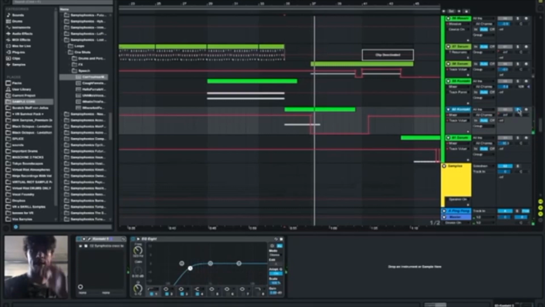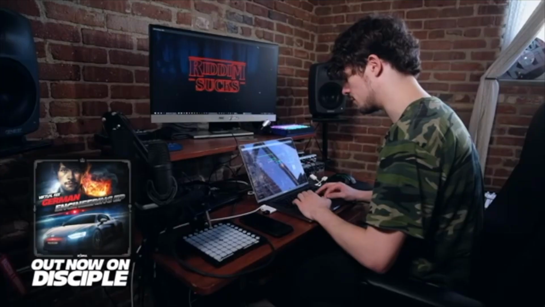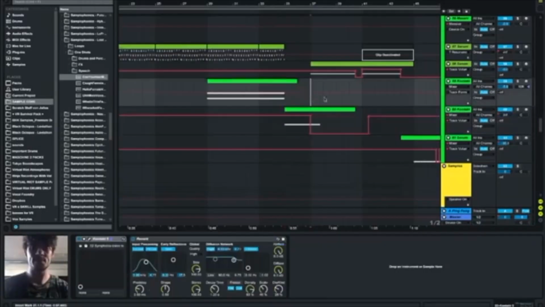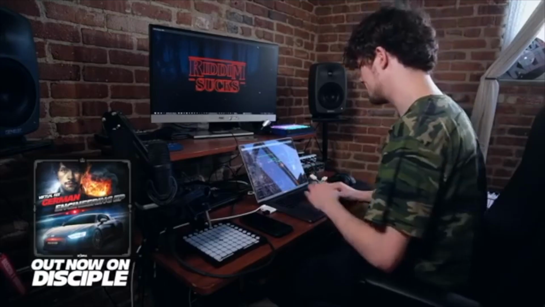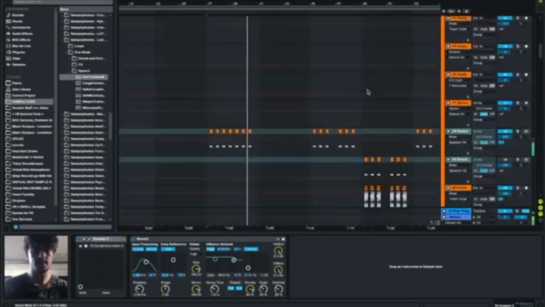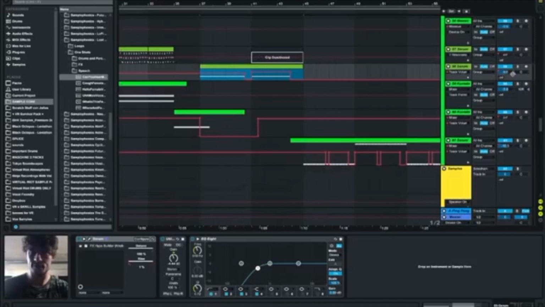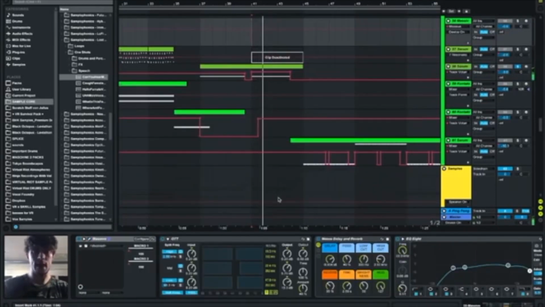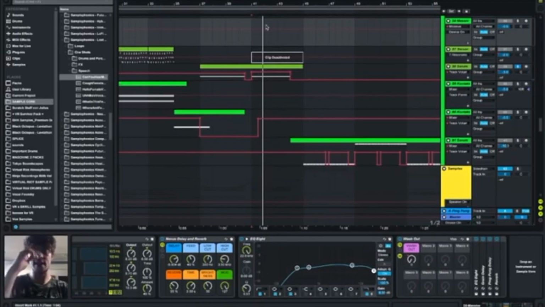Also, those dramatic things are from another Kontakt library. And then it goes into another build up. The samples from the sniper from Team Fortress 2. There's all kinds of risers going on here. Another Serum patch that has a little rhythm and detuned saw waves that just goes higher and higher, and then there's more reverb and delay coming in.